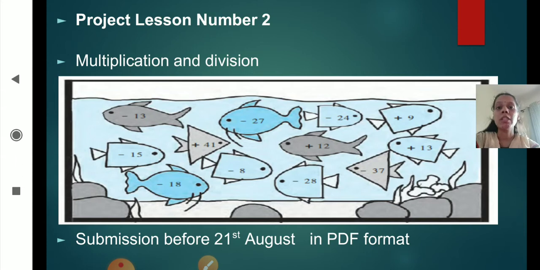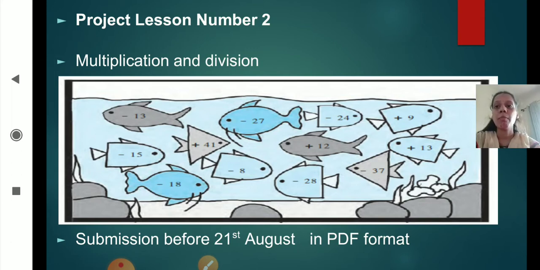Then only you will send it in the respective class groups in PDF format. The submission date is before 21st of August. After that we will not accept any projects, and you will not get the marks.